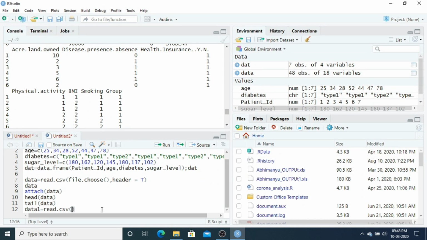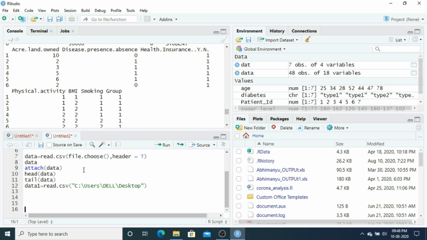So it means if I write the path here, this is another way. I have to mention the dataset name, mtcars.csv, because the data is in the form of CSV. See, I have given a backslash here, so you need to change it to a forward slash. Okay, I think it's okay right now.